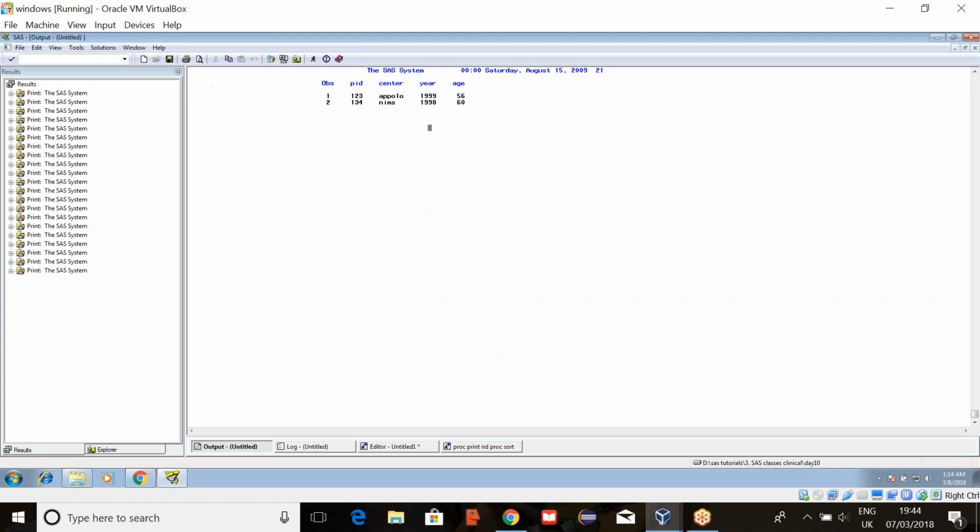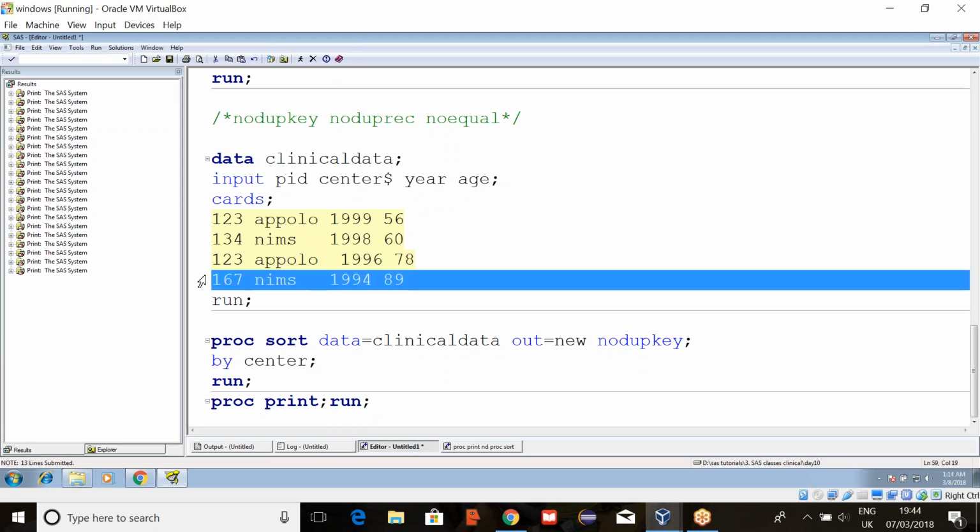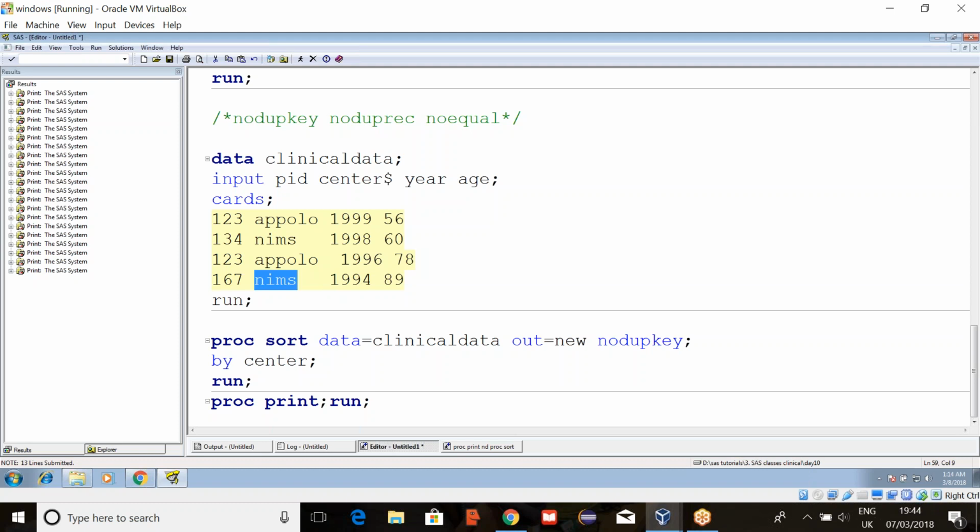So when I run this code, NIMS is also repeating, right? I didn't observe this one. Priya, I have a question. For Apollo, the patient ID is the same, 123, so it deleted. But for the names, the patient ID is not the same, but still it deleted.